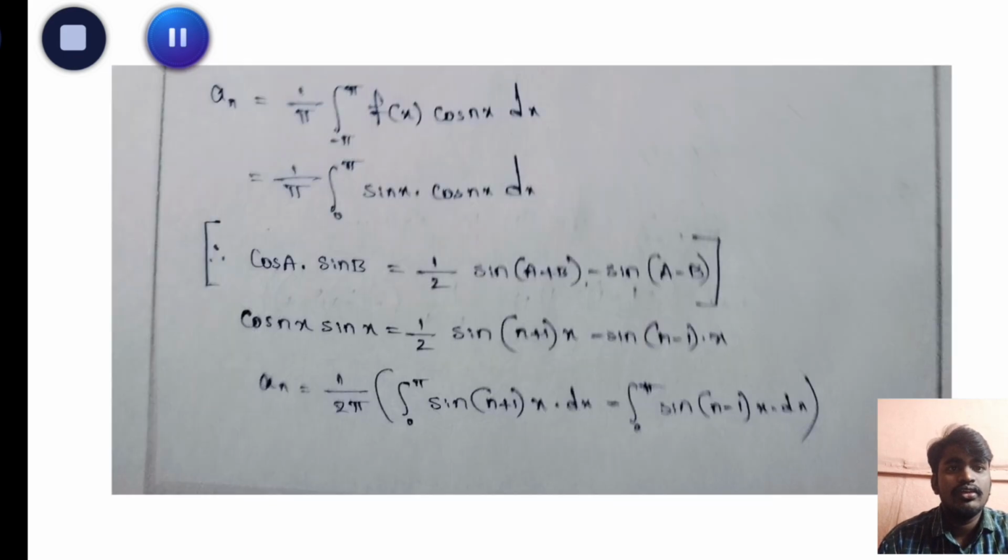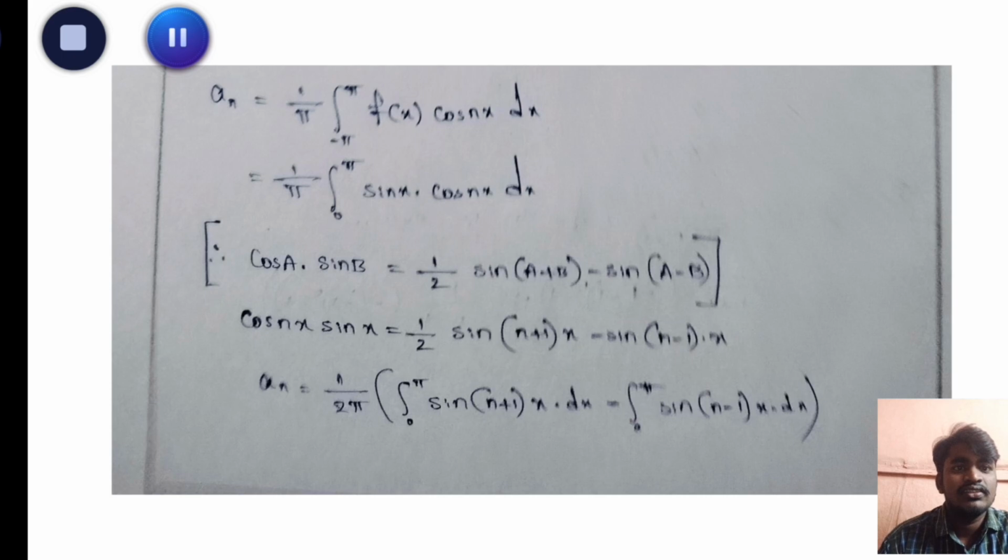And now a n equals 1/π integral from −π to π of f(x) cos nx dx, which equals 1/π integral from 0 to π of f(x) = sin x into cos nx dx. Here the formula